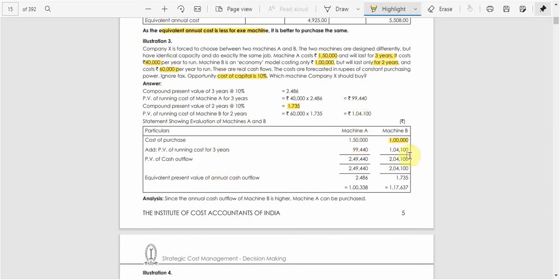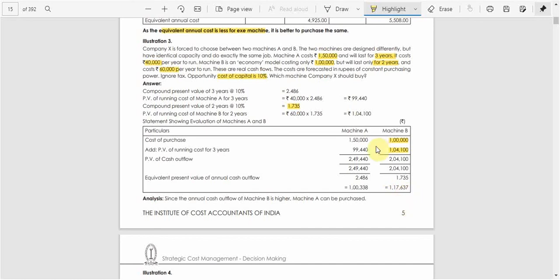So the running cost is okay, 1,01,100, and we need to add these two to get the present value of outflow. And again we need to divide to arrive at the equivalent annual cash outflow. So we need to divide with 1.735. So 204, okay, 100 divided by 1.735, which is